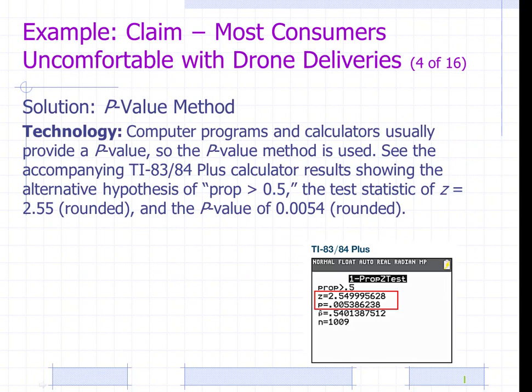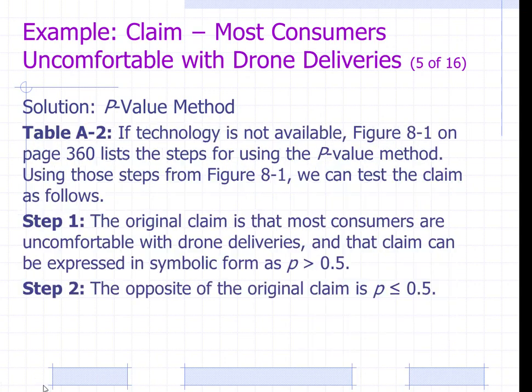So let's look at this, and this is from the TI-83/84. You can do it with that. Go to YouTube and do a search for z-test of proportions with the TI-83/84, and you'll get a video that shows you how to do this. But you can see our z-score is 2.5499. Our probability is 0.005. So if we go back to our list of how do we do this, here we have our claim,